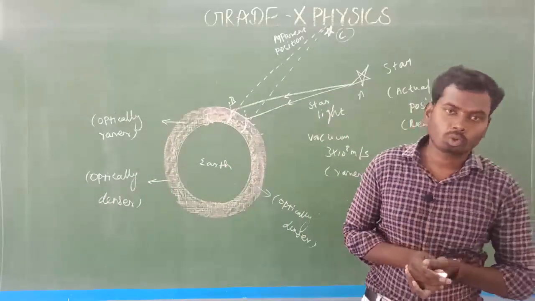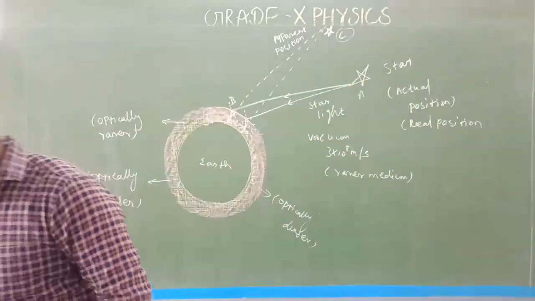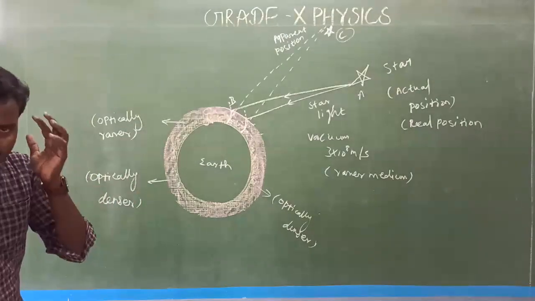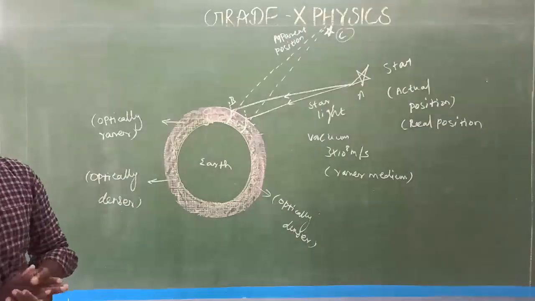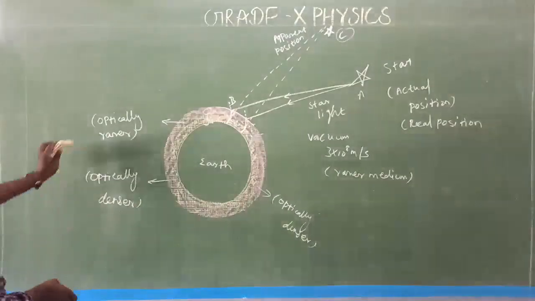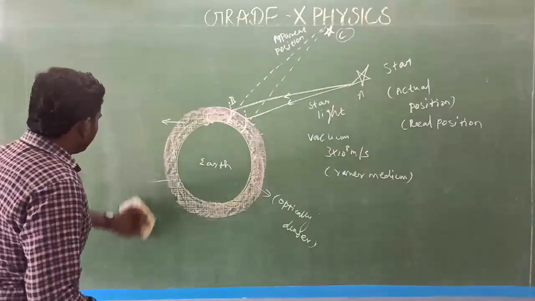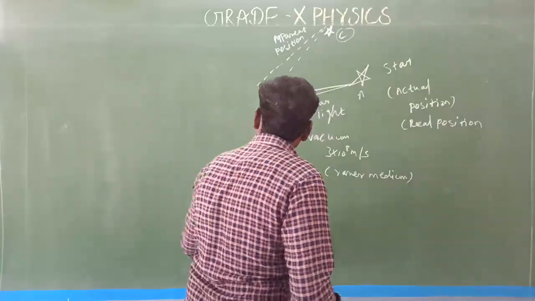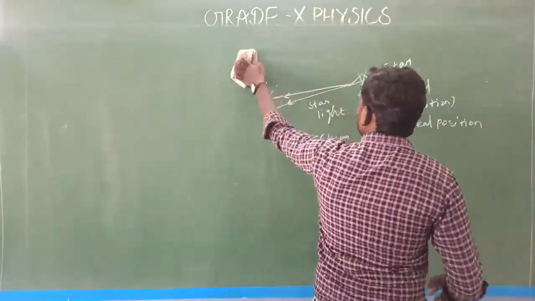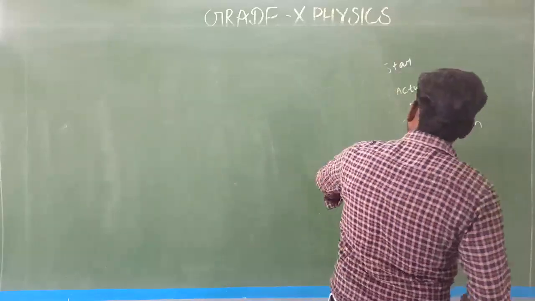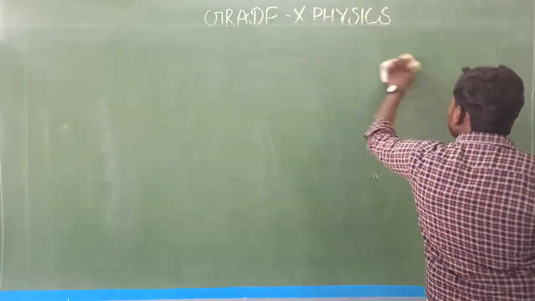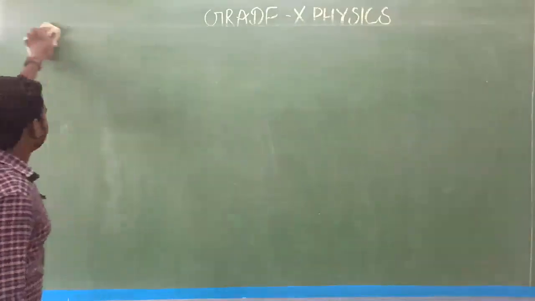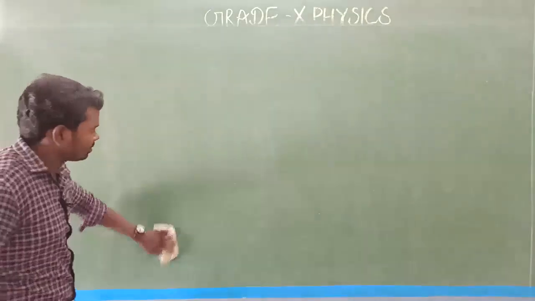Is there any doubt? No doubt. So this is one of the applications of atmospheric refraction, that's all. Is there any doubt? Just a simple concept. Try to understand the concept. Next you will see another important optical phenomenon that happens in nature due to atmospheric refraction, that is advanced sunrise and delayed sunset.